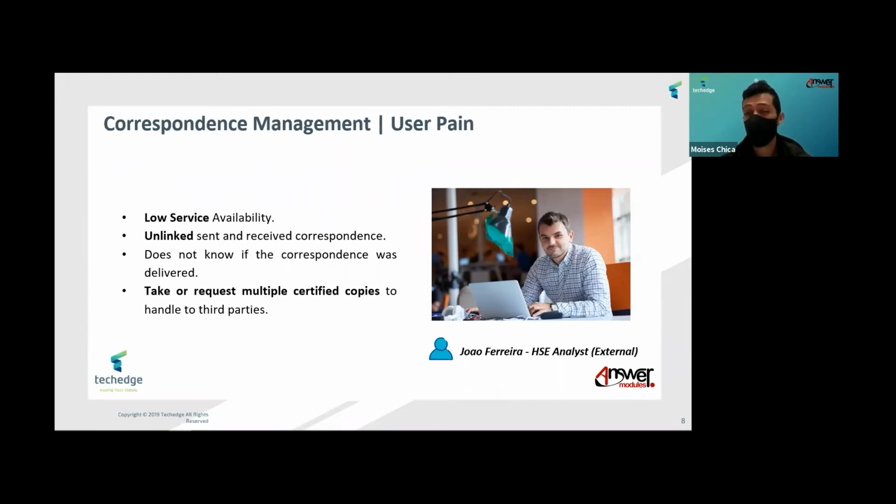They also lose track. For example, if we hold many communications or a requirement with a specific external user, they usually lose track of their communications as well. It's really hard for them. They don't know whether the communication was delivered or not, and sometimes they have difficulties giving proof of what they have delivered or what has been delivered from us. So we need to give them control, to give them fast answers, and to give them proof of what they have done in terms of the communication with us. That's what they need.